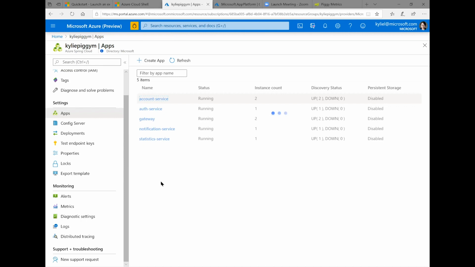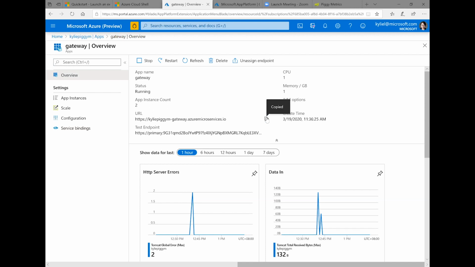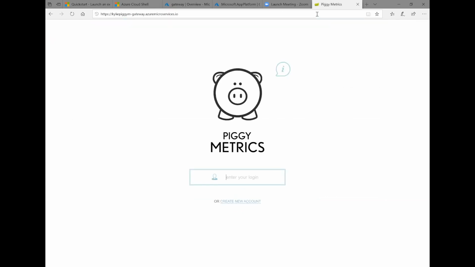Okay, so I have those applications and I also got them running. As I showed you, I have one gateway in front of the other applications. Here I gave a public endpoint to my gateway, so let us try to access that. You could get the URL here. Let's try to click that again. Yeah, that is the